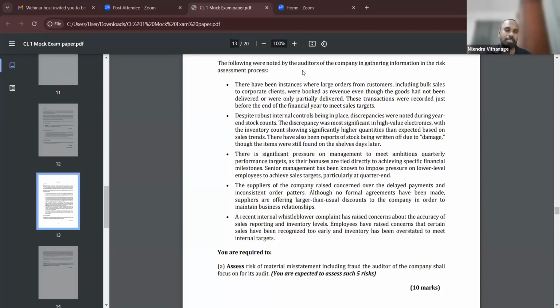What risk is there? Fraud risk. Underhand discount, what are they giving underhand? When you purchase in bulk in irregular manner